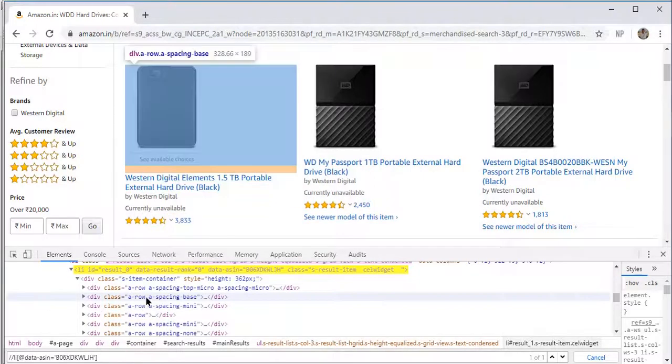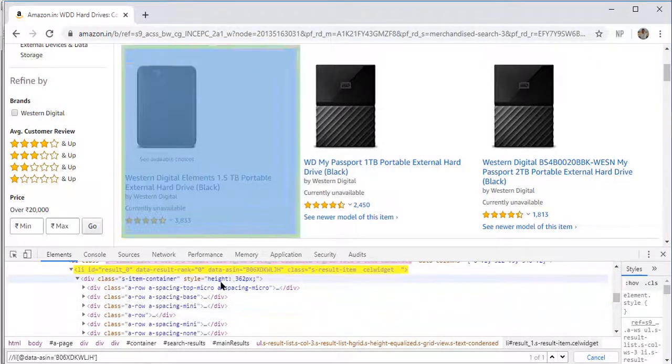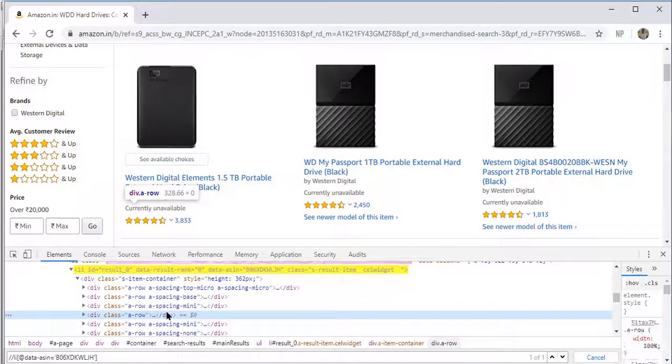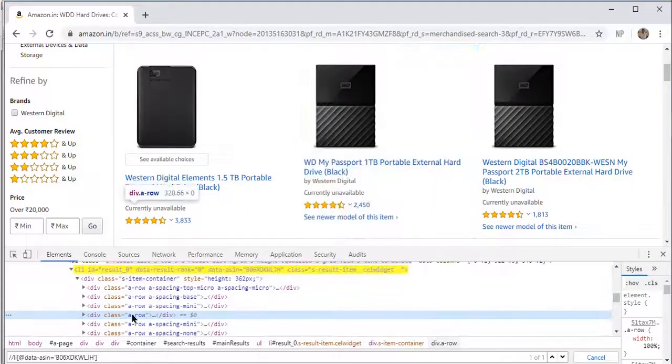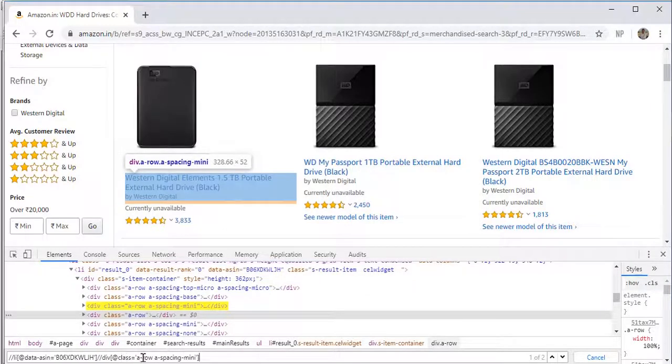With this unique property, suppose I see this one, currently unavailable. I have taken this one because it has a unique class, and it comes at the center, to showcase how all the other properties work.